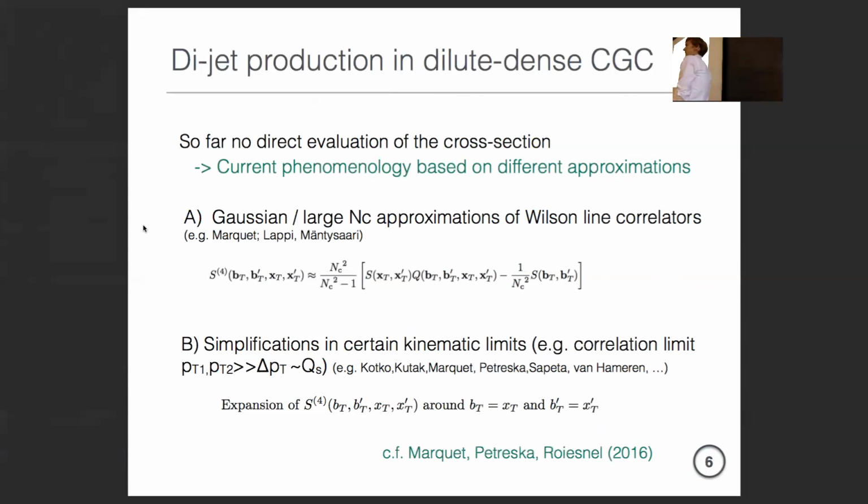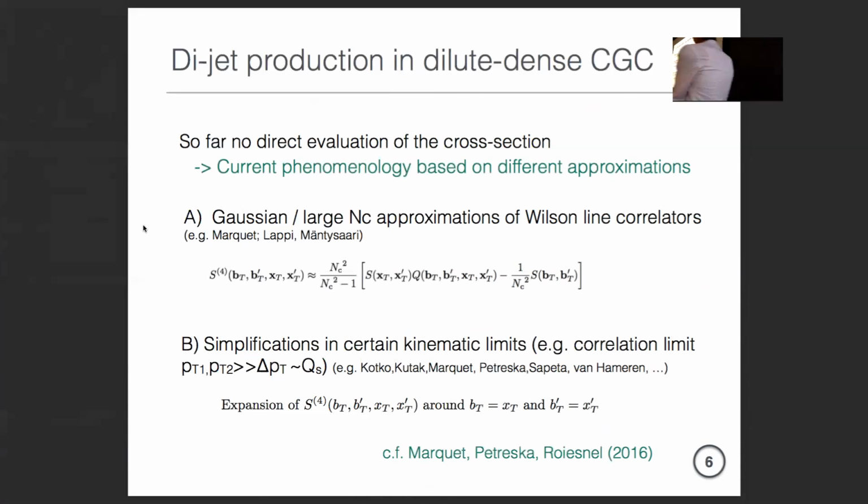It's not a large NC, but it is a mean field approximation. Okay, good. I mean, not a very large NC is also mentioned in this paragraph. I think in large NC you can also factorize this, but you would also drop this term. So the point is that S4 is a dipole times quadrupole. The approximation we do is that we replace the expectation value of dipole times quadrupole by the expectation value of dipole times the expectation value of quadrupole. So it's a mean field approximation. But after that, we evaluate them at finite NC. Yeah, okay, in the Gaussian.